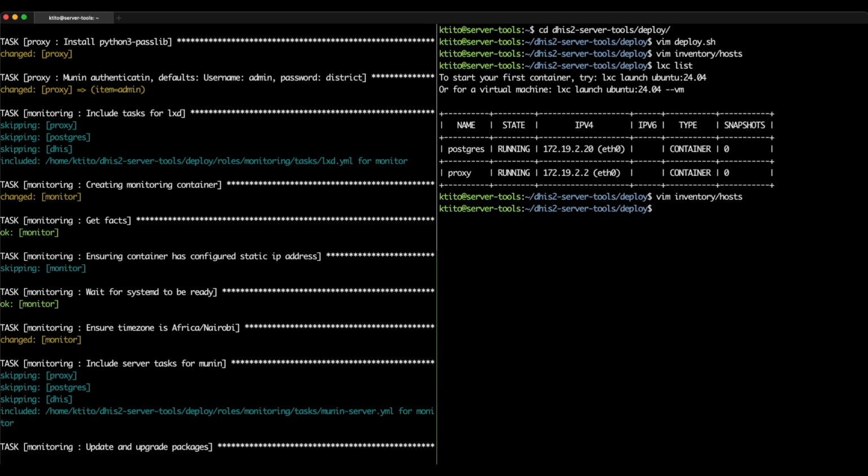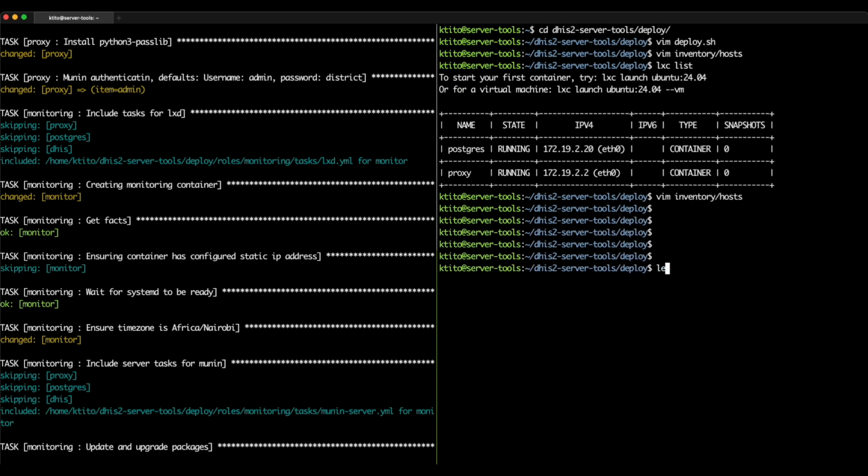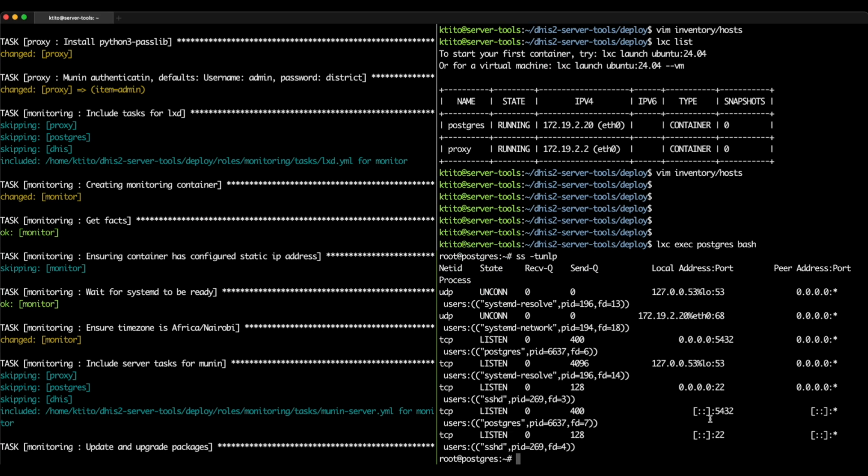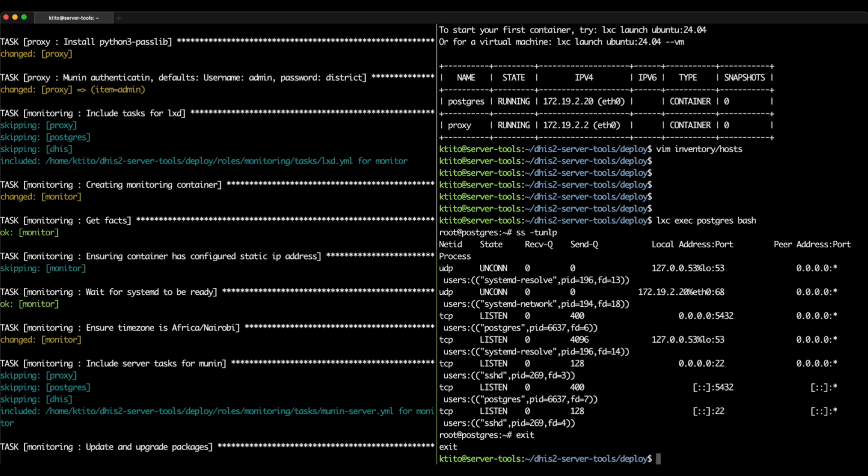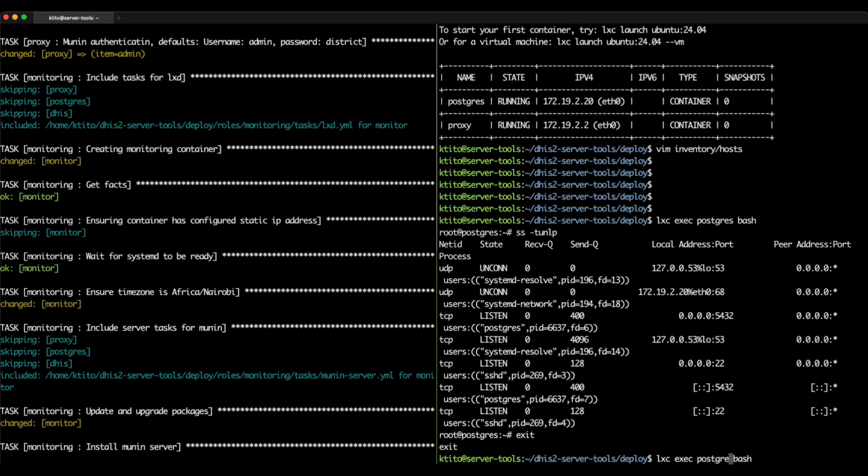If I execute lxc exec into postgres and run a bash shell, you'll see that right now we have PostgreSQL running and listening on port 5432. That's what I was explaining before. And if I exit now and execute into the proxy,